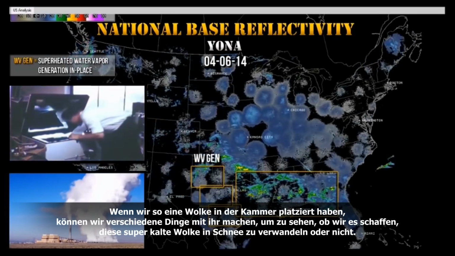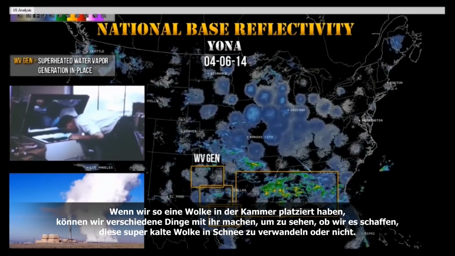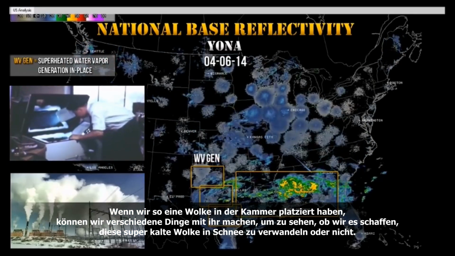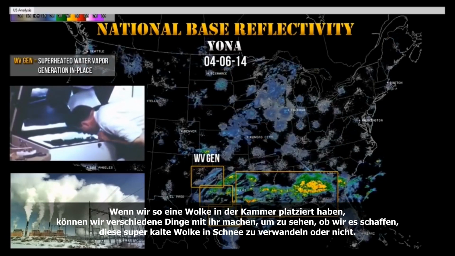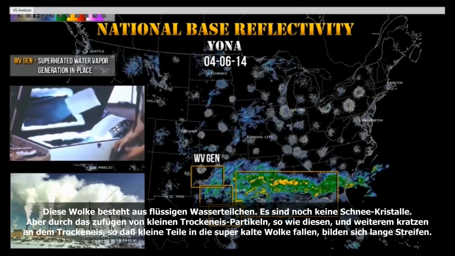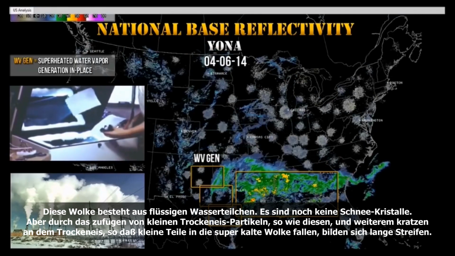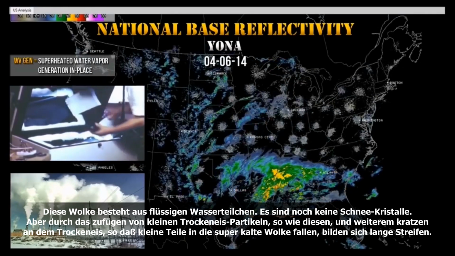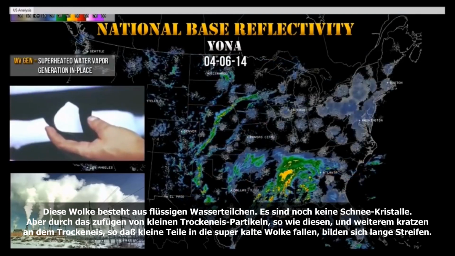By putting this cloud in the chamber, we can then do various things to it to see whether or not we can convert this supercool cloud to snow. This cloud is made up of liquid water droplets. They are not snow crystals as yet, but by taking a tiny piece of dry ice such as this and